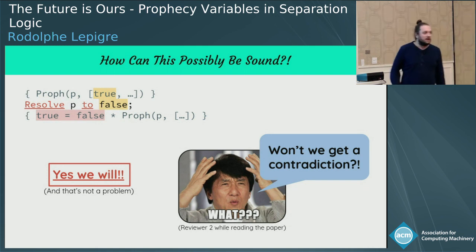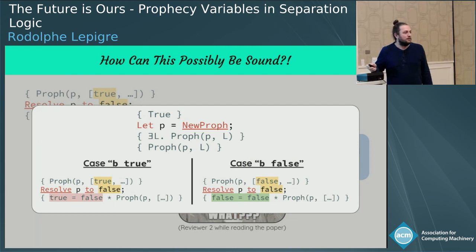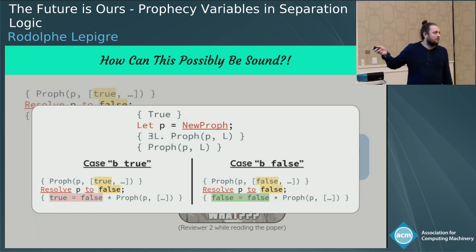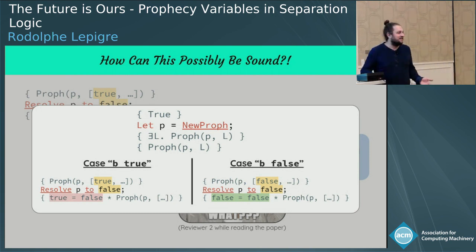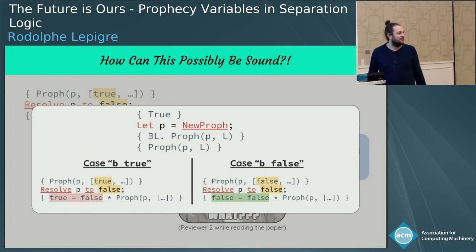And one important remark is that the only way you can end up with an explicit value like true here in the precondition is for your proof to look like that globally. So remember, when you create a new prophecy variable, you get an existentially quantified list. And so the only way to make progress is actually to reason by case on that value. So it's not surprising that some branches will be inconsistent with the prediction. But what's nice is that some other branches will be consistent with it. So that's how things are not contradictory.